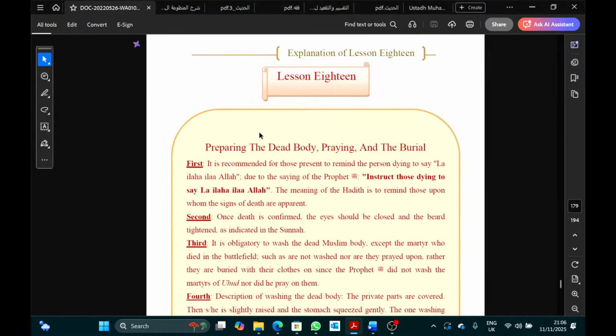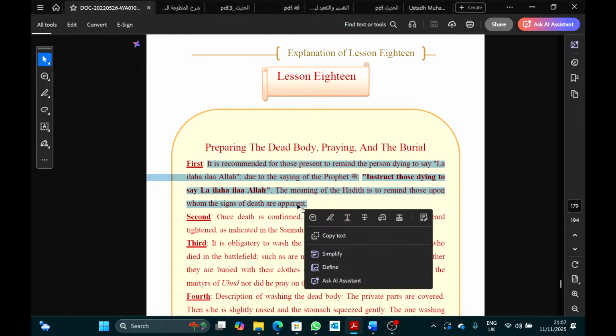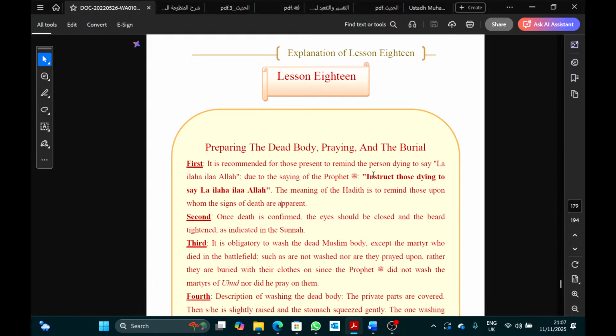And now we come to the last thing, which is regarding preparing the dead body, praying, and the burial. The first part talks about before the person dies. It's recommended that you remind him to say La ilaha illallah. And the ulama say, don't say it too much. Why? Because if he's not saying it, then don't say it so much that he's going to hate you for saying it. You say it once, khalas. Or maybe they're allowed 3 times, I can't remember right now. And that's it. You remind them, and after they say it, alhamdulillah, don't overdo it. Because it could lead them to say something like be quiet, and if they say that to somebody who's telling them to say La ilaha illallah, then that's a really dangerous situation.